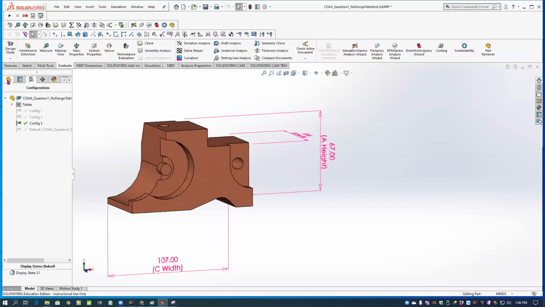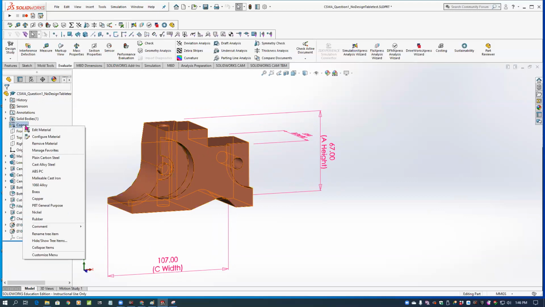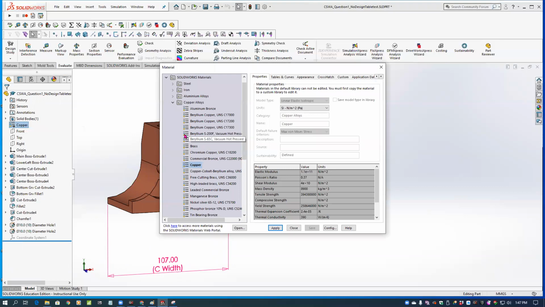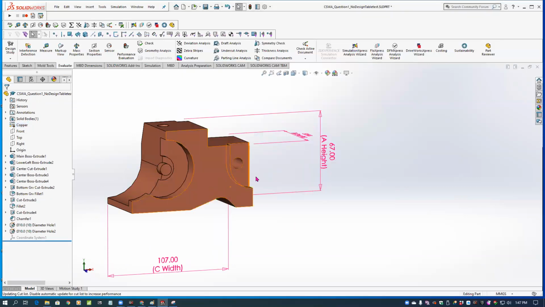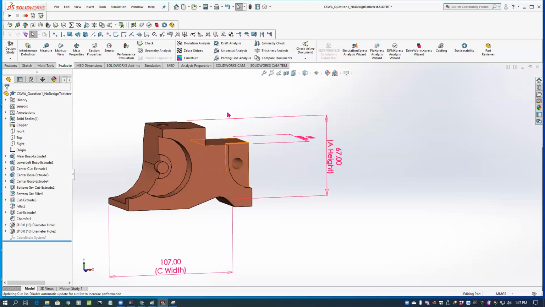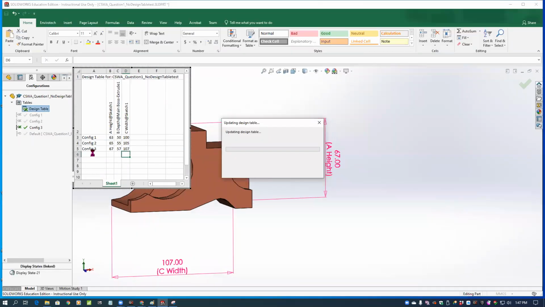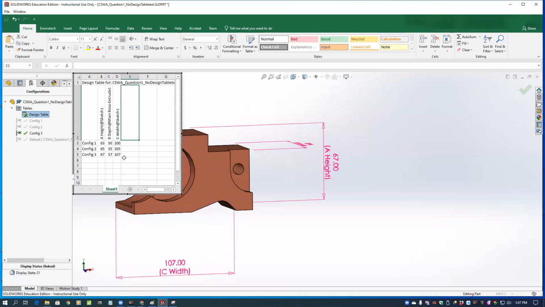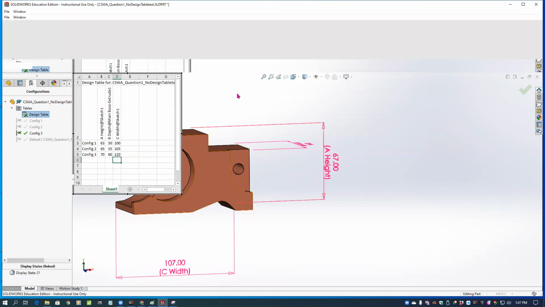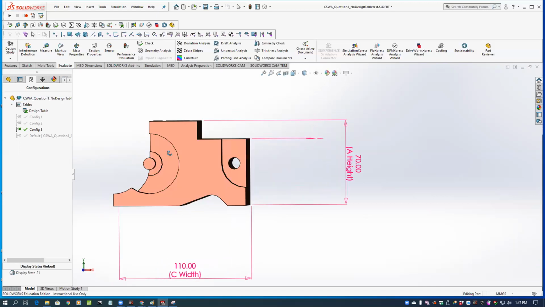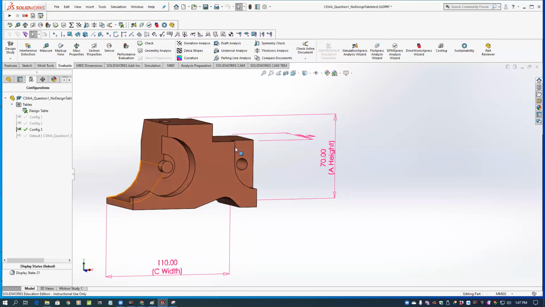So let's check our mass properties on this. If I go to the material thing, make sure this is set to copper, we can then compare our mass properties to make sure that we're getting the same values. I'm going to go ahead and edit that design table, and we'll come up here, expand the tables, say edit the table, not edit feature, but edit the table. And we'll change number 3. Let's say this one is 70, and this one's 60, and 110. And then click out here. And those are the 3 configurations that I've thought we could compare in our list to make sure that we're